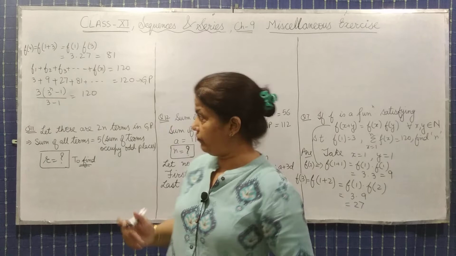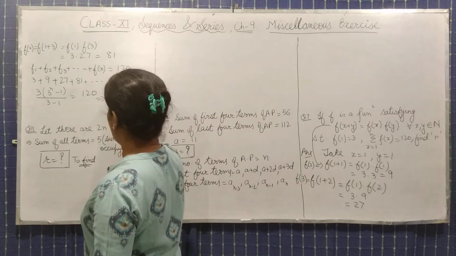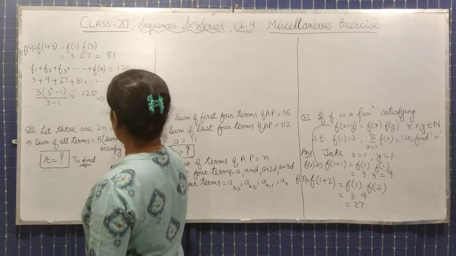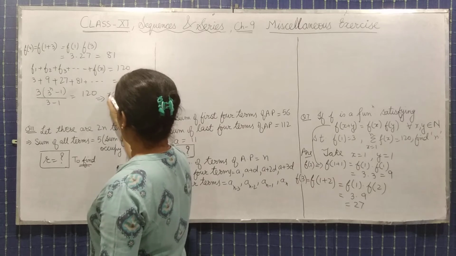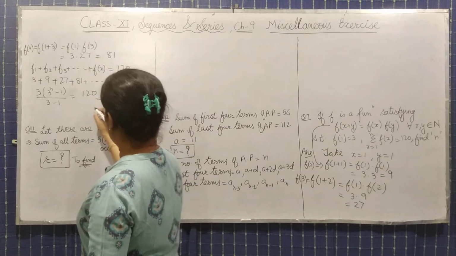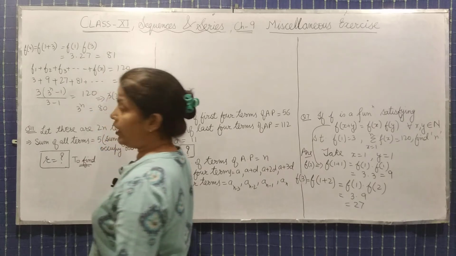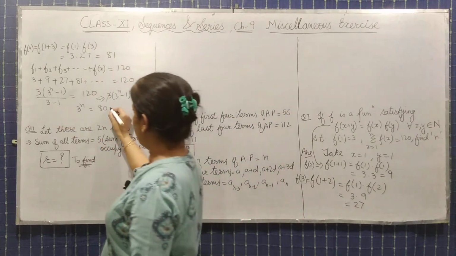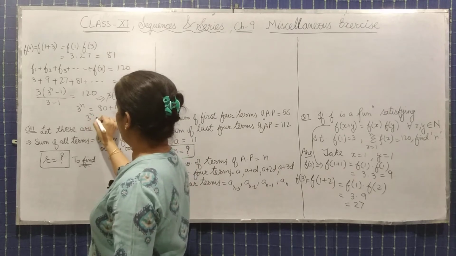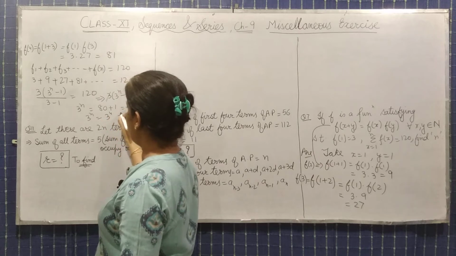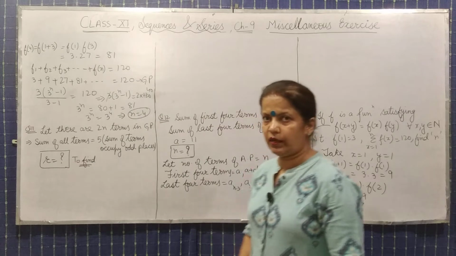अब आप इसको आगे फर्दर सॉल्व करेंगे. By solving it, 3^n minus 1 over 2, so it will be 2 multiply 120, cancel it, 3^n equal 80 plus 1, shift the minus 1 on the other side, it will become 81. 3^n will be 3 power 4. From here, n equal 4 you will get it. Is it clear?